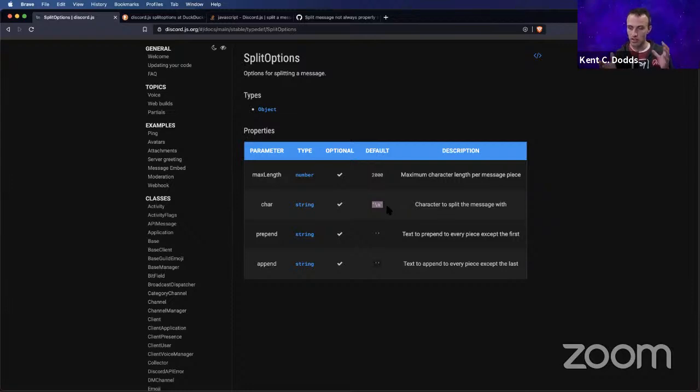It will take chunks of paragraphs or whatever, and say, oh, here's a new line, let me just send this one by itself, and then I'll send the other ones by themselves. And then we have a prepend and an append. I think that this will work for me, and it will be way simpler than what I have right now.